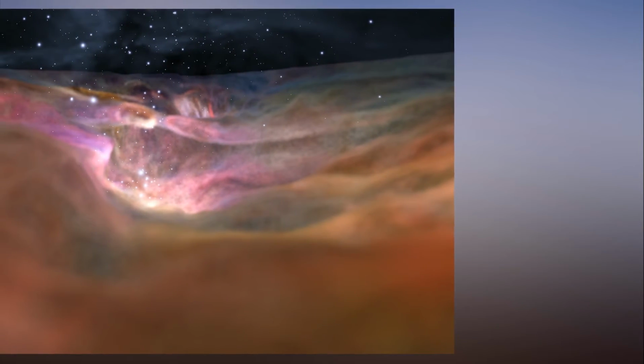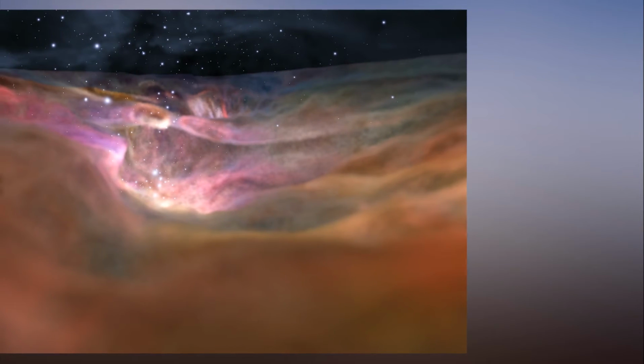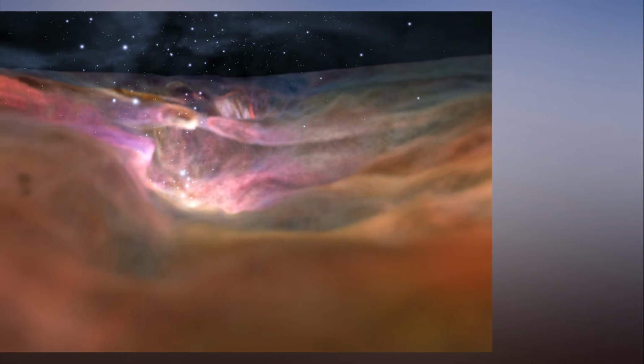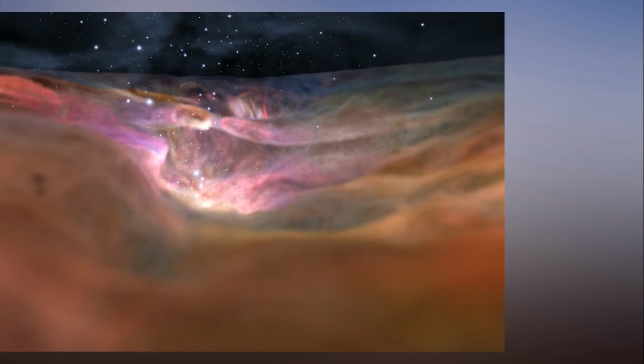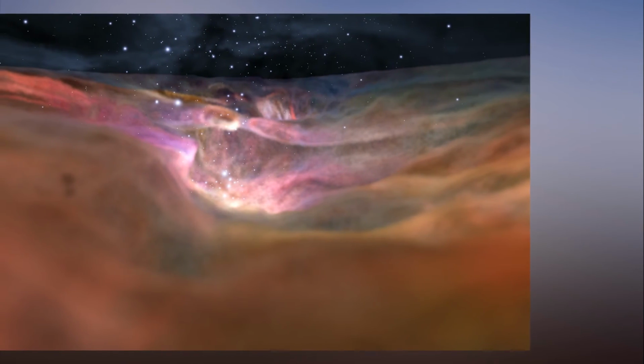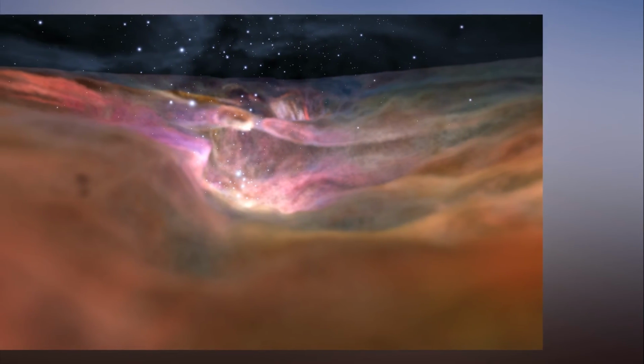Being able to fly through the nebula's tapestry in 3 dimensions gives people a much better sense of what the universe is really like, Summers said in a statement. By adding depth and structure to the amazing images, this fly-through helps elucidate the universe for the public, both educating